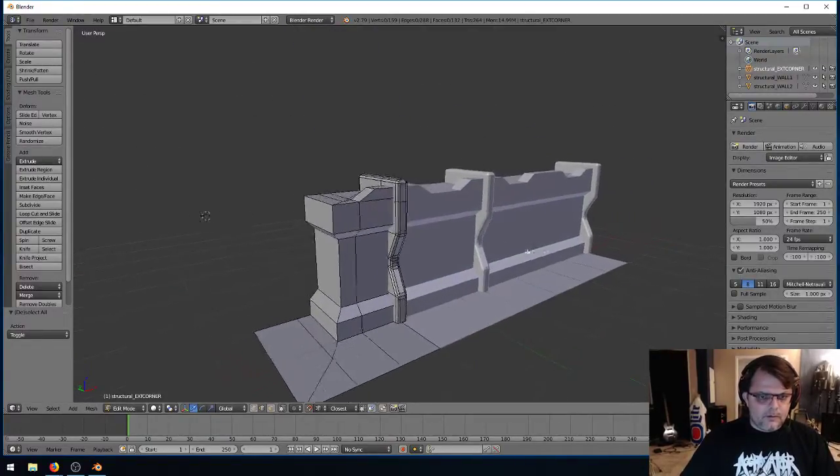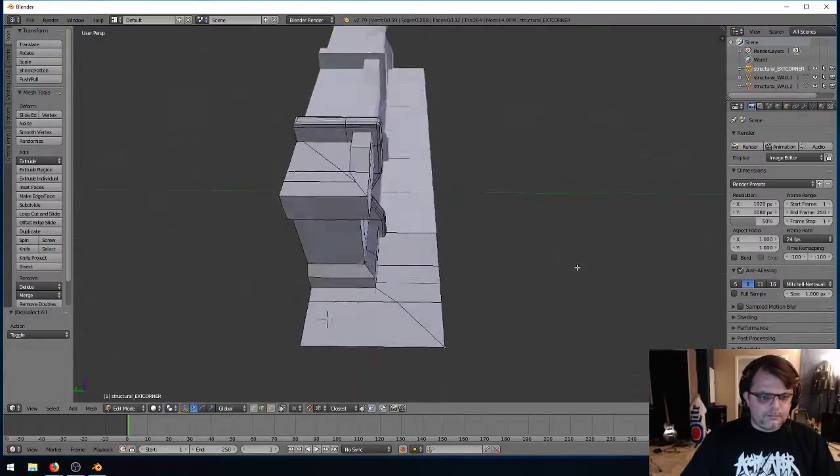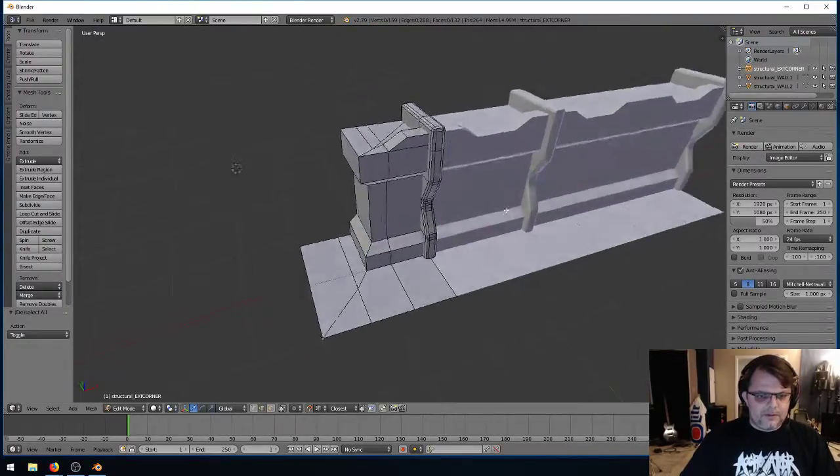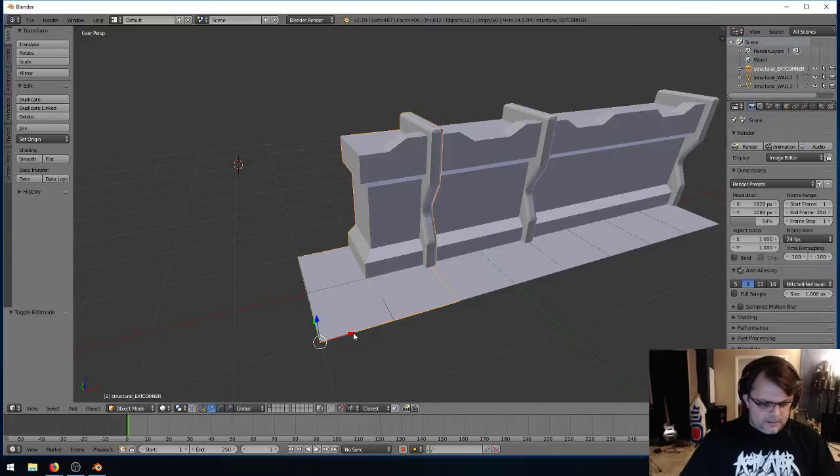So there's our corner piece. And I'll have to clean up all this geometry, but I'm not going to do that right now. I just need to see,